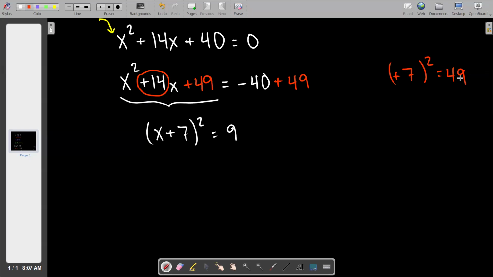Are you ready to resume? Okay, so now we're going to square root both sides. When you square root this side, it just becomes x plus 7. And then when you square root the right side,